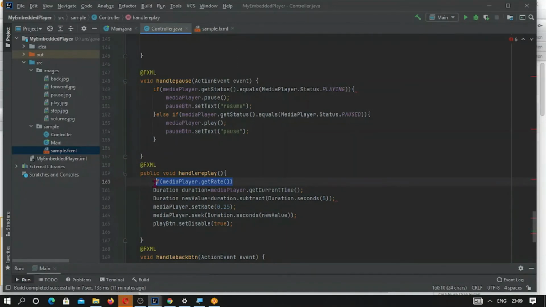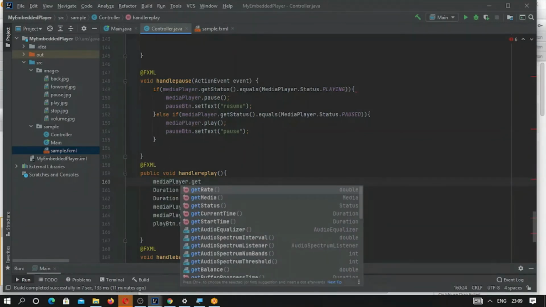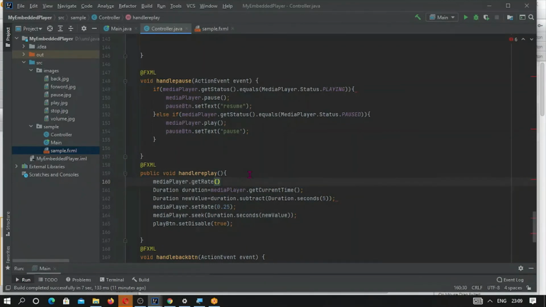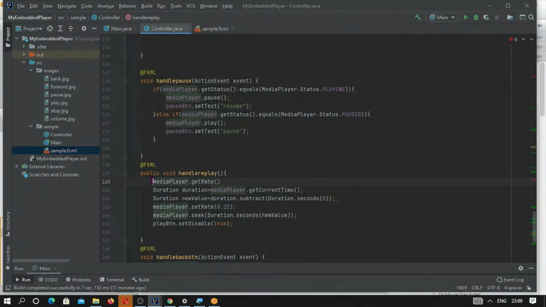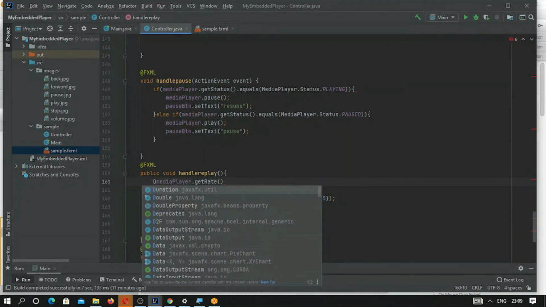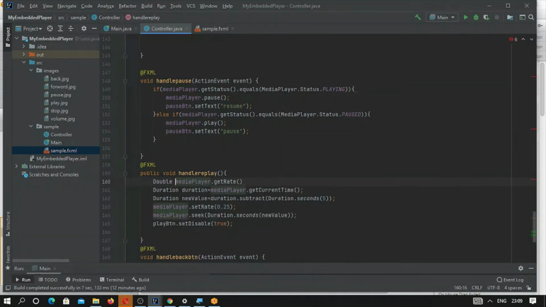this rate will be given. If it is returning 1, it means the media player is playing.